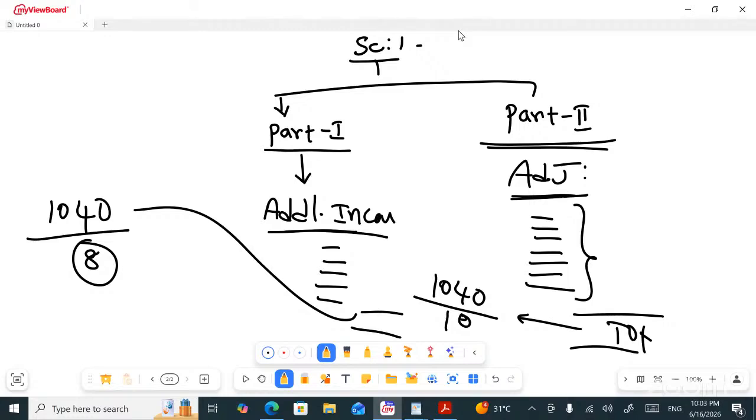So finally, what I want to say, Schedule 1 is divided into 2 parts. Part 1 is additional incomes. Part 2 is adjustments. No need to pay tax, can be deducted. Coming to Schedule 2. First, we have to calculate